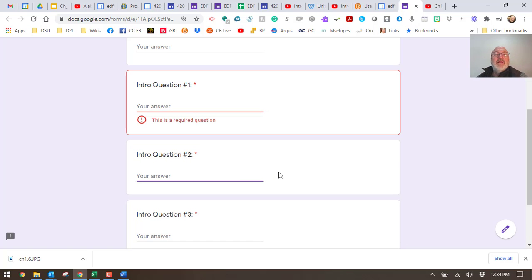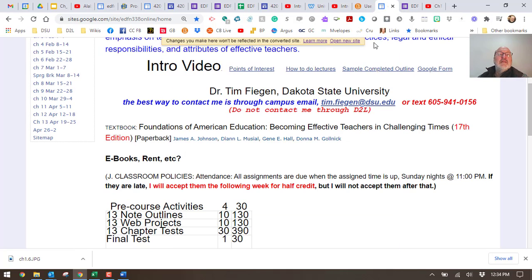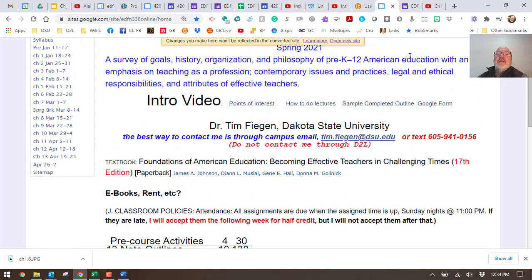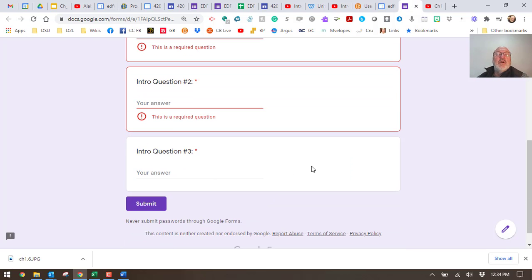Second one, how many parts are there to the lesson each week? How many parts for each week do you have to complete? That goes there. And this one is, how many points is the whole entire course work? If you got all the points, how many would you get?